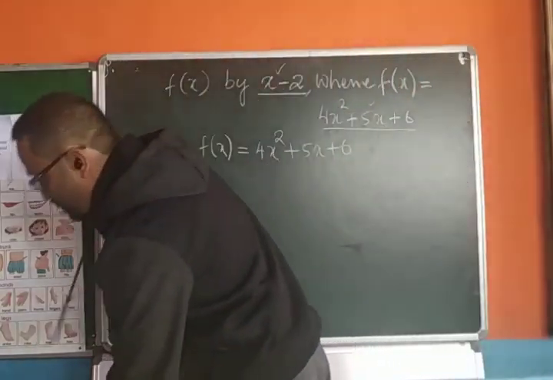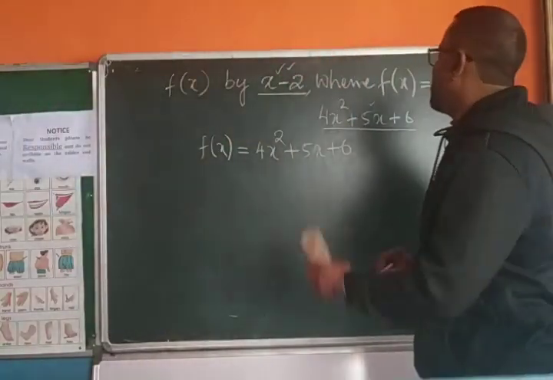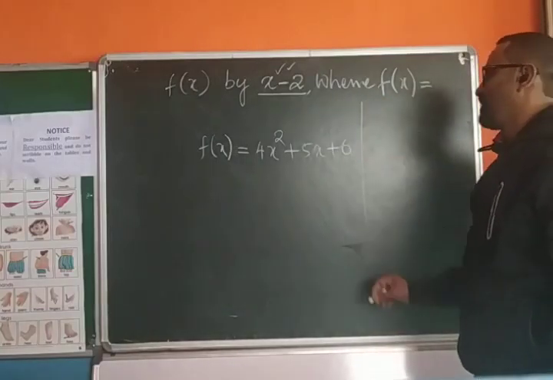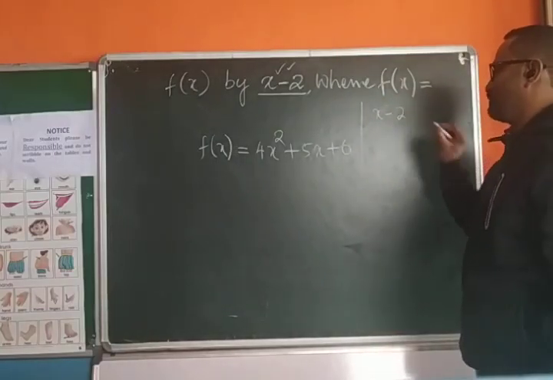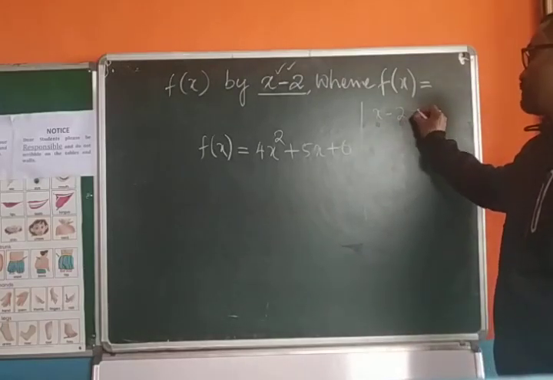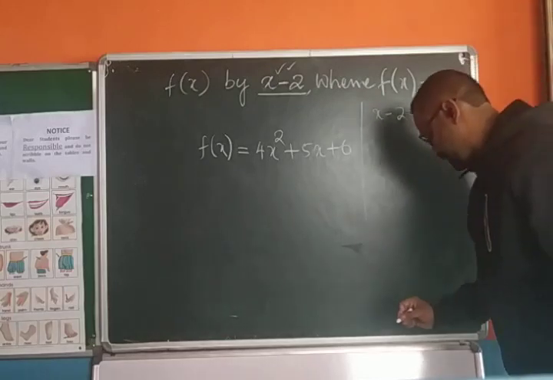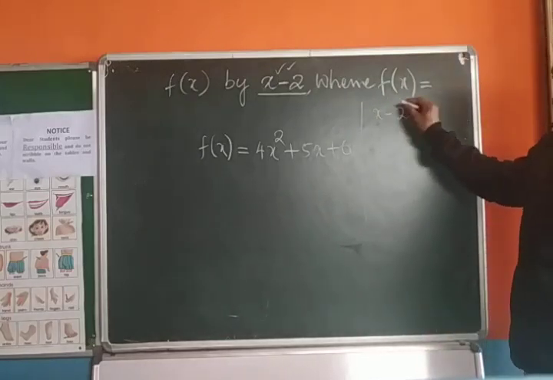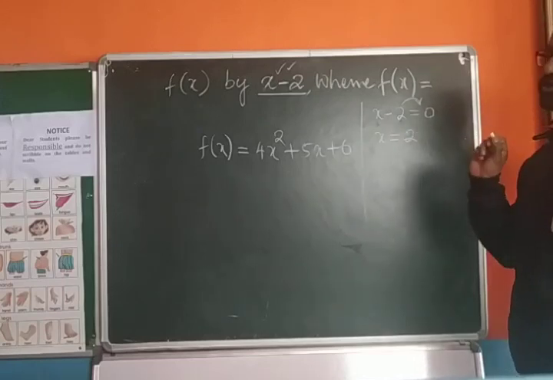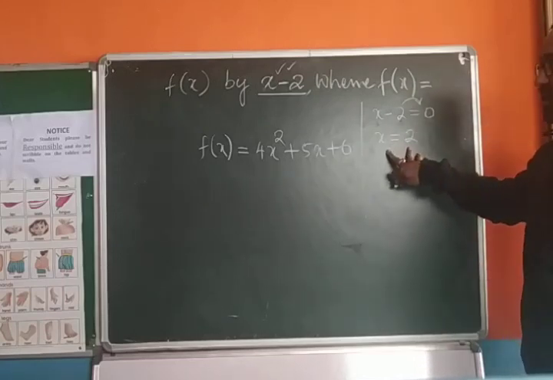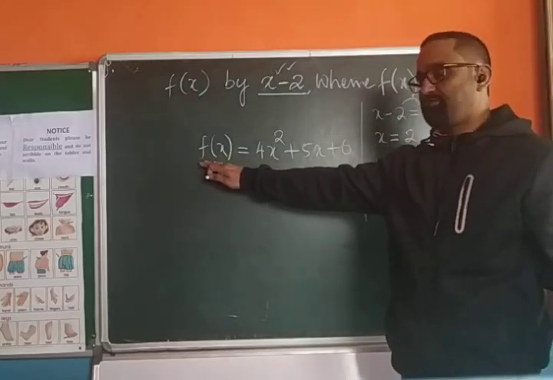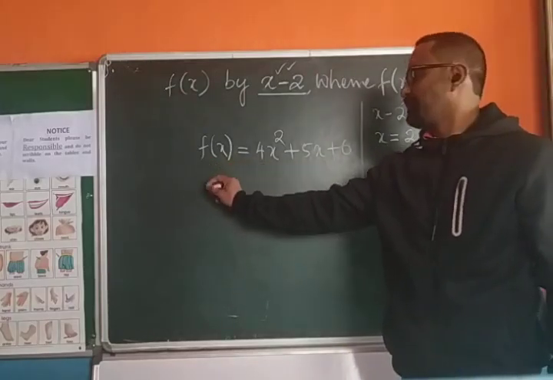The short equation we write at the side, x minus 2, and we assume this one equal to 0. We transpose it and get the value of x as 2. This value of x you need to substitute here. This fx stands for remainder,